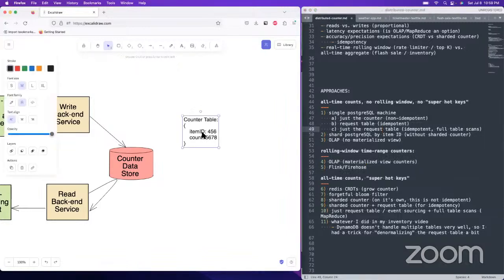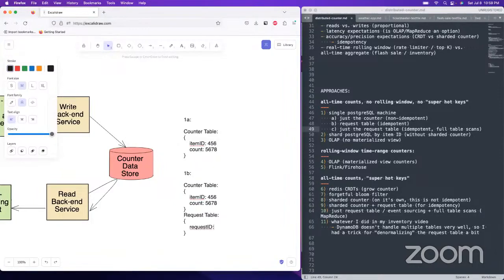So this is approach 1A, just the counter. And then we're going to do 1B. So we got the counter, and then you would make the modifications by also using a request table for idempotency. And so then here you would have just a request ID that you would use for deduping the requests.